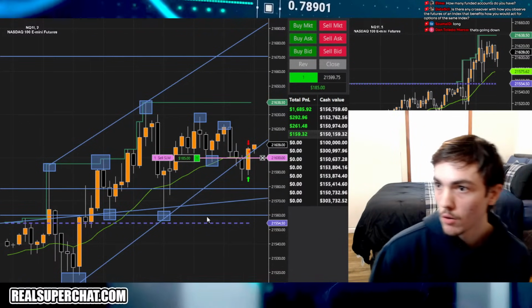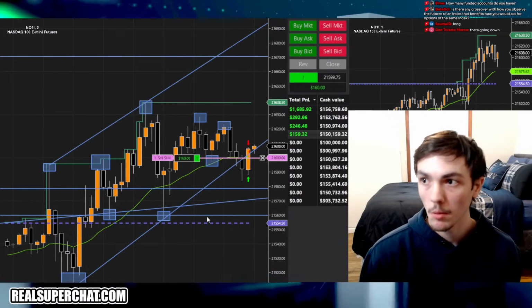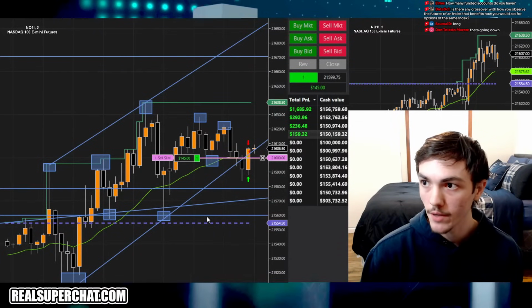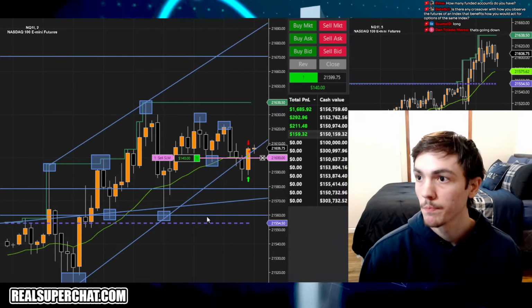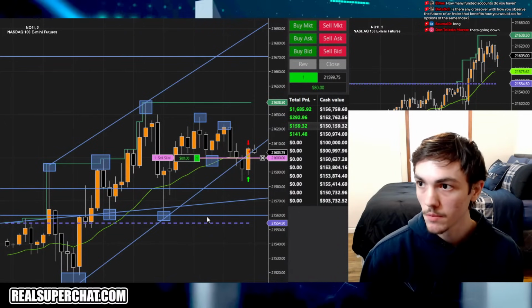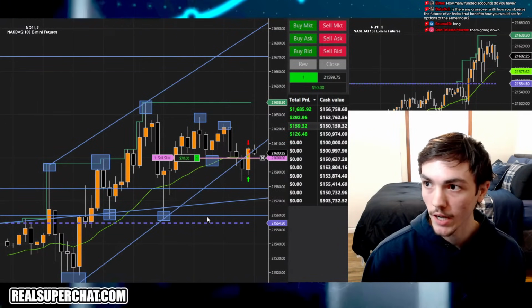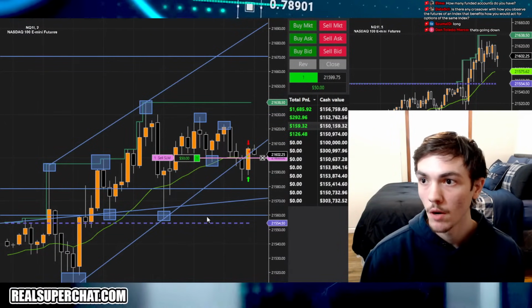I'm gonna let this go. This is probably gonna be a longer trade. I'm gonna just move stop to break even and let it do its thing. May get stopped out, may not. We'll see. Looks like we're gonna get stopped, but if it breaks through this range again, I don't want it. So I'm 100% fine with it.